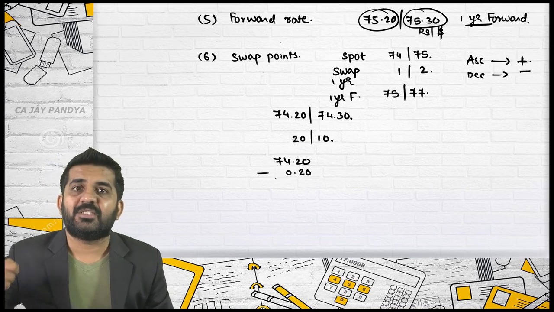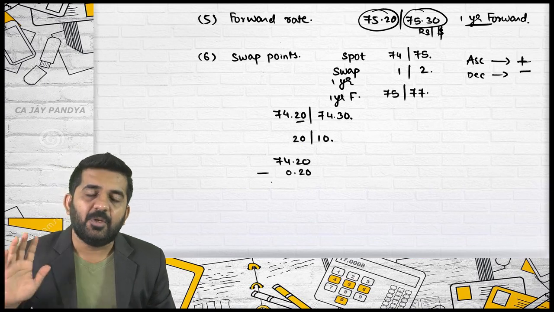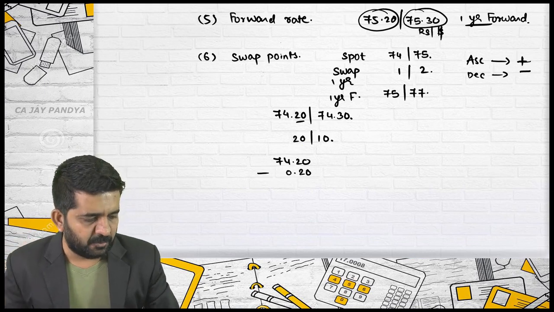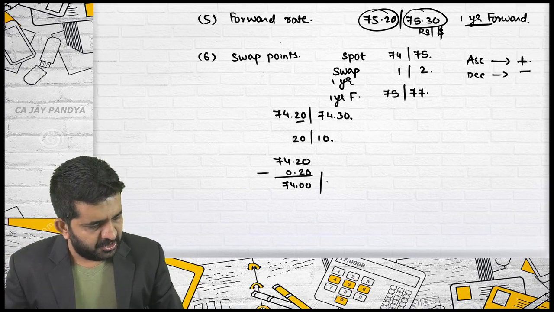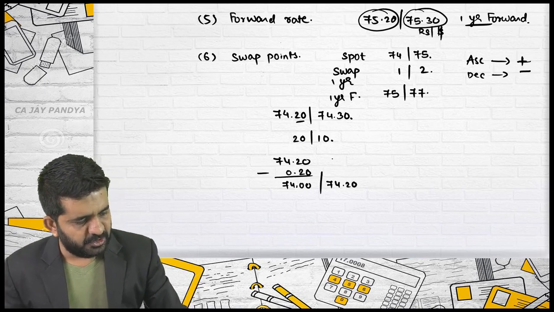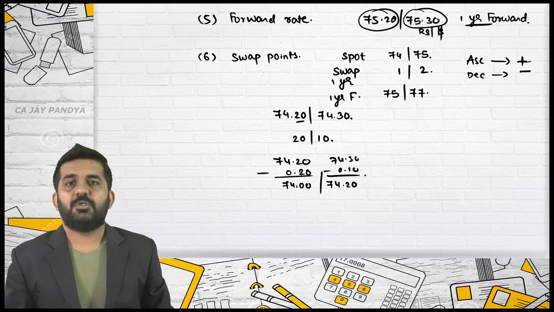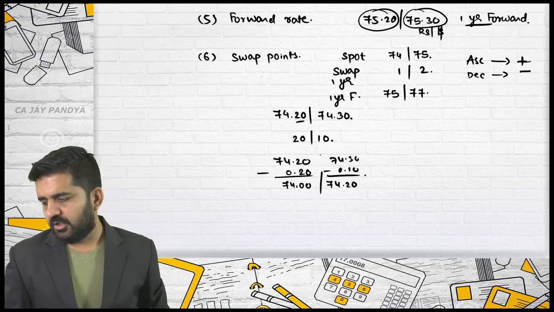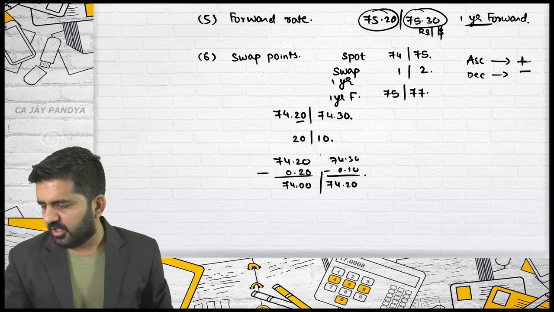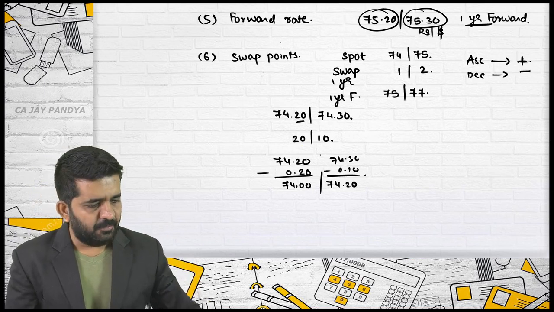You need to understand that if swap points are given and a 2 decimal rate is given, it will be the last 2 places from which it will be subtracted. So the answer will be 74 slash, this will be 74.20, that is 74.30 minus 0.10. That's right. We have done it yesterday, swap points. And this was our sixth thing that we have learned, that is swap point. Then we went to discount or premium on currency.